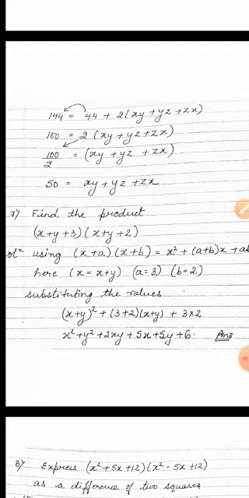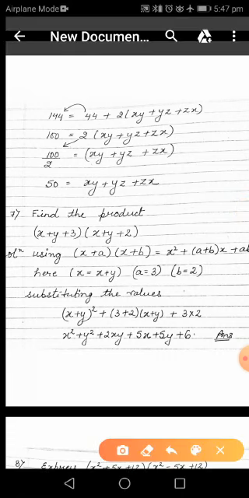Over here we see that x plus y is being repeated in both the brackets. So taking x plus y as one term and 3 and 2 as the other terms, my question reduces to x plus y as x, a as 3 and b as 2. So it reduces to the form (x plus a) into (x plus b), which is given by x square plus (a plus b) x plus the product ab.